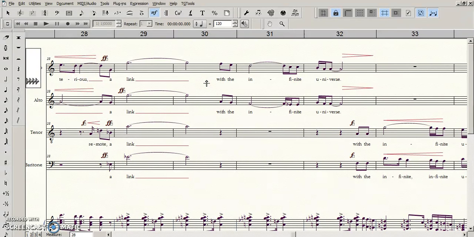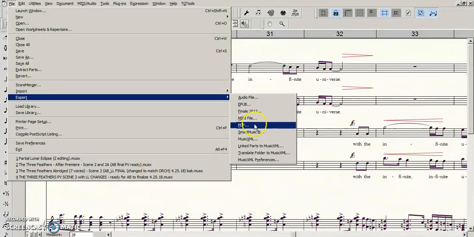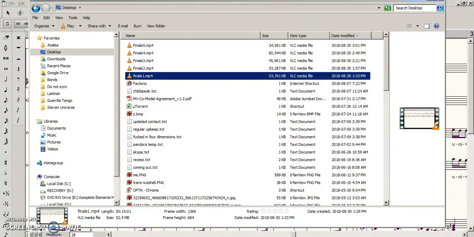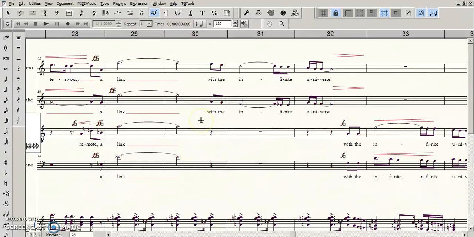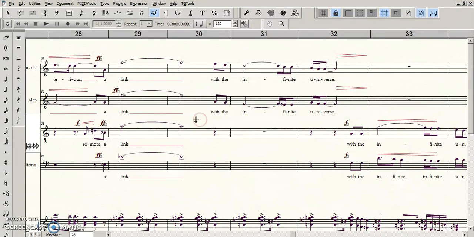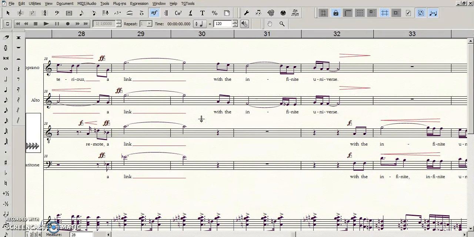I once tried doing a diff between the MXL, like I exported this as a MusicXML file, and that turns this into a plain text, really. It just turns it into an XML file, which you could then plug into a diff calculator, like go online and go to a site that tells you the difference between two text files. And you could do that if you really wanted to see what the differences were between two files. But they're so long. This thing is like a megabyte, I think. It may not be that big, but even if it's half a megabyte of text, that's actually not insubstantial. And if you have a slow computer,